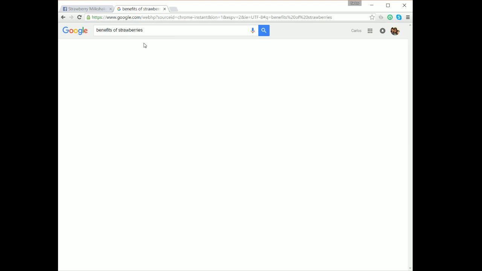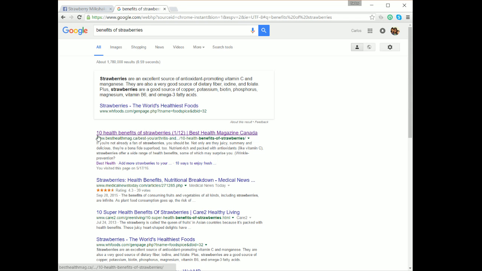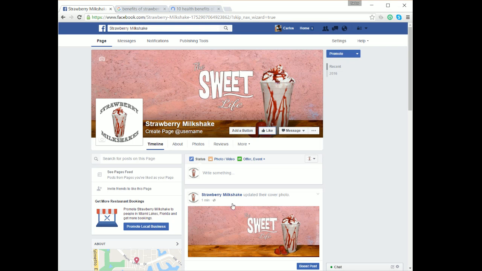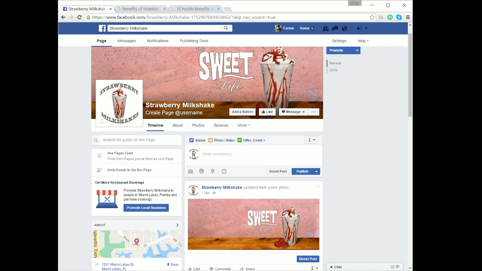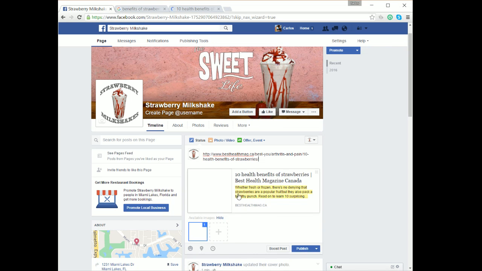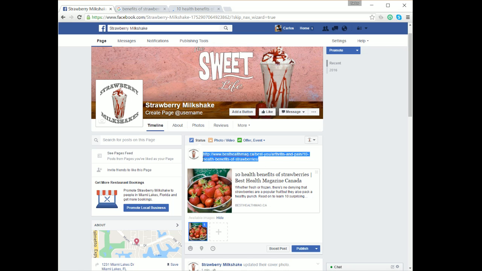Find a good article. Read it thoroughly. I suggest, if you see that it's already highlighted, that's because I've already read this article. I had it bookmarked, but I can't find where I put it. Copy this, come right here to my first posting, press paste. See, it's thinking, there it is. Now I can write,